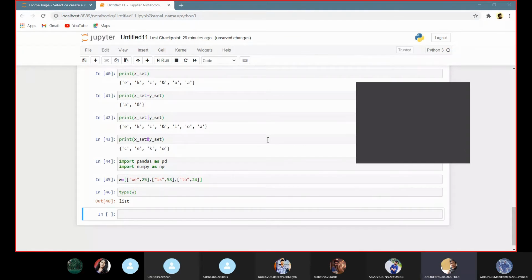Here we can see I created a list. Now I am trying to convert the list into a data frame.